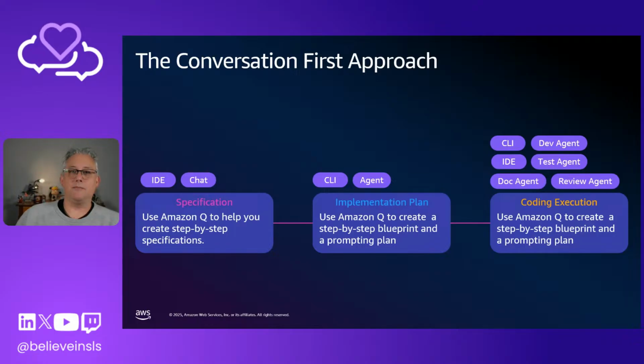So you use AI to create the specification, use AI to create your implementation plan, and use AI to create the prompts for each of your tasks. Once you've broken down the tasks, you can get AI to create the actual prompts for each of those tasks. And then you can execute. You can get your AI to execute.